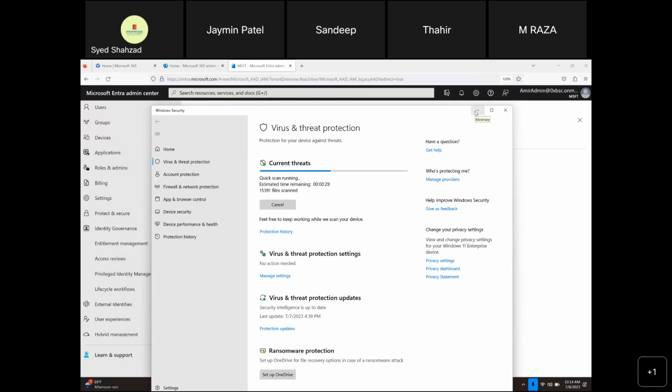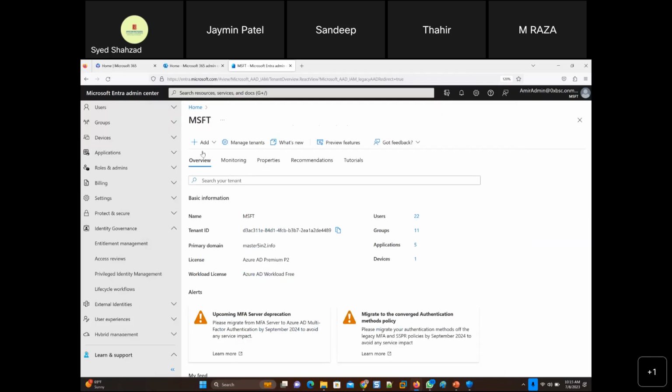But to every Windows 11 there is a free antivirus, wow. I mean, not the corporate one, but for personal use. Okay, so for personal use, Microsoft has given an antivirus. Amazing. I am scratching my head. How come I did not know that? Thank you, Jamin. I get to learn a lot from you.